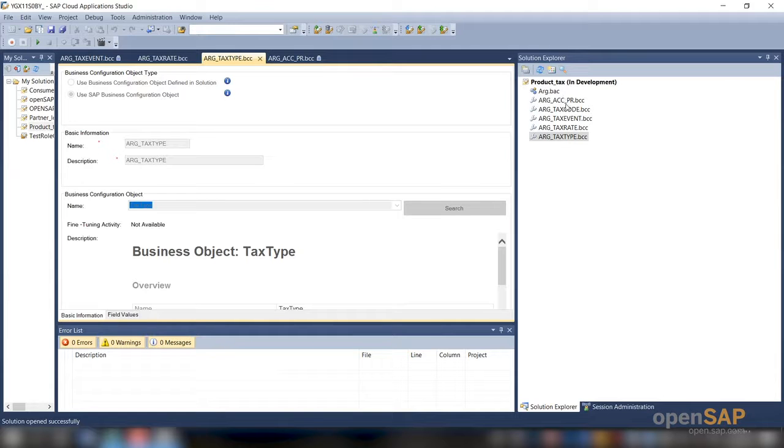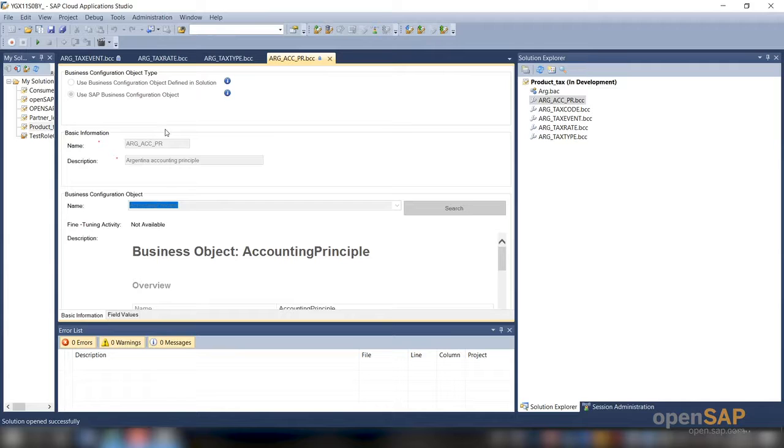Here, as part of the demo, I am going to define the tax content for the country Argentina, which is already a tax basic country from SAP, but I want to introduce value added tax with 5% from the product tax as part of the demo. As I can see, you already have the BAC element created and an accounting principle. Let me just show you what I have created.